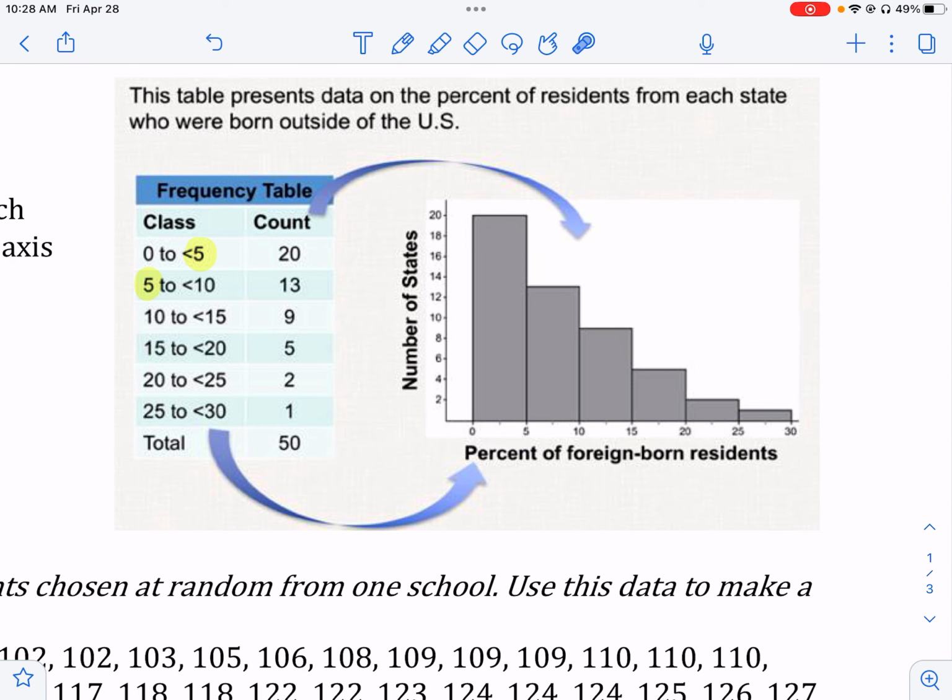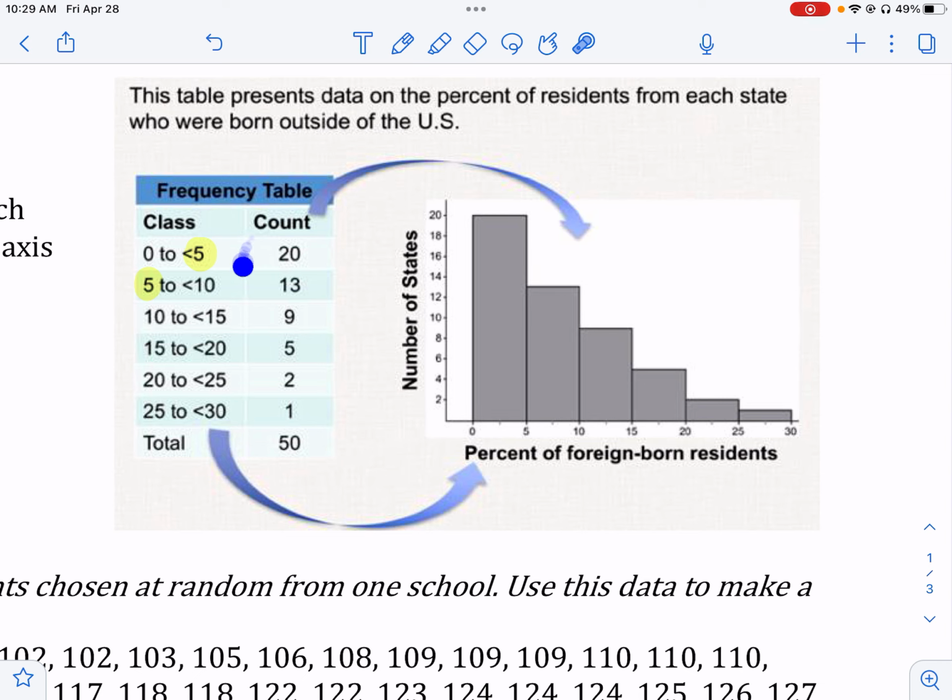So it's actually what the data is, what percent of it, what data did you collect goes here. Your y-axis is your frequency. It's the number of answers that fall in this interval. So I don't have all of the data that was used to create this histogram, but what this is saying is that